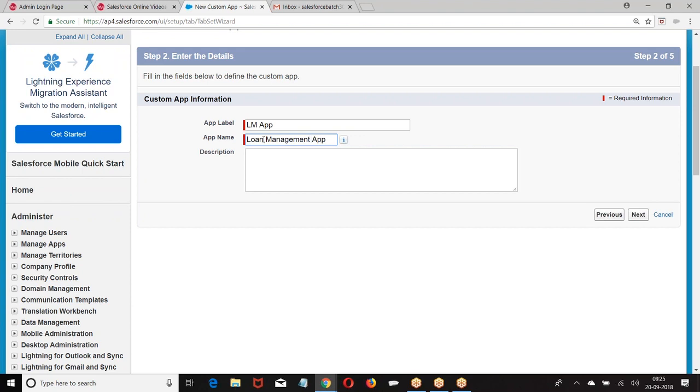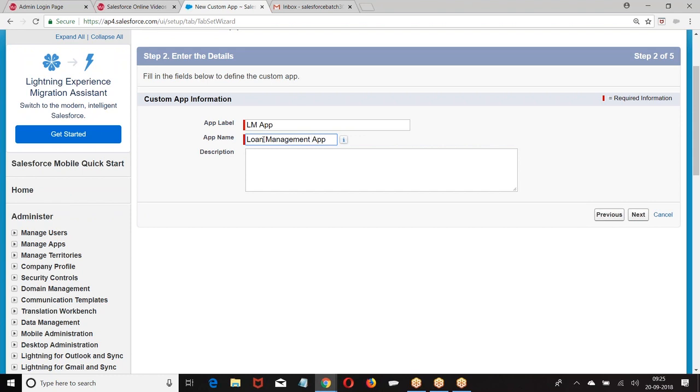Now, let us say if you go to SBI, SBI is a label. The bank name is displayed to the users with the name SBI. What is the actual name? State Bank of India. If you want to make any agreement, they will not write SBI, they will write State Bank of India. So label is the name with which you want to display the application to the user.